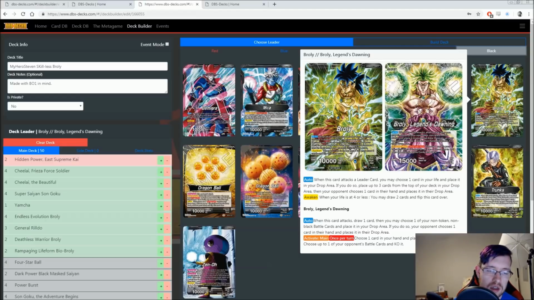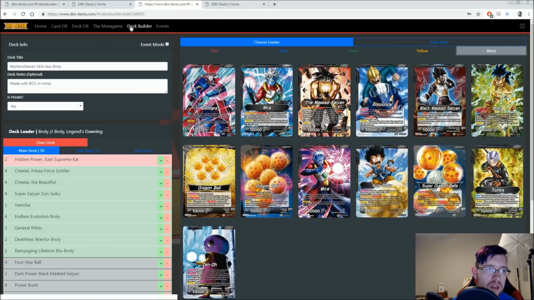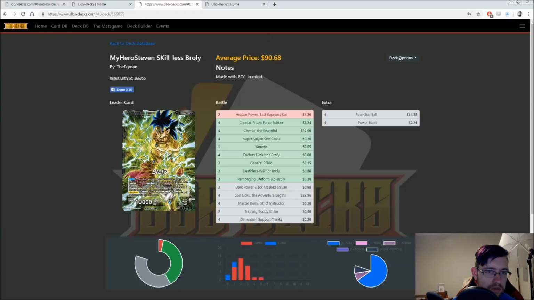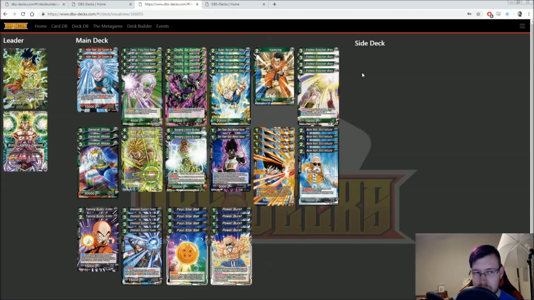And then also, activate once per turn, choose 1 card in your hand, place it in your drop area, then choose up to 1 of your opponent's battle cards and KO it. So some loopy things you can do with this: your opponent could have something on the field, so you just discard something and blow it up, and then you get this,